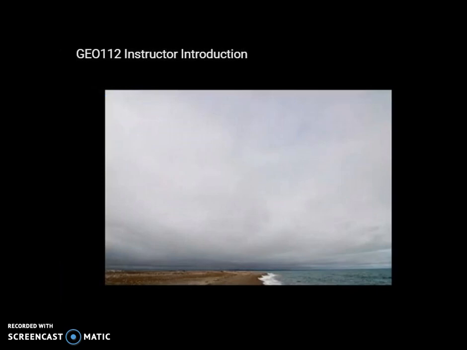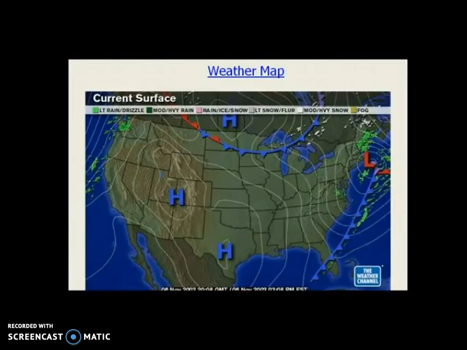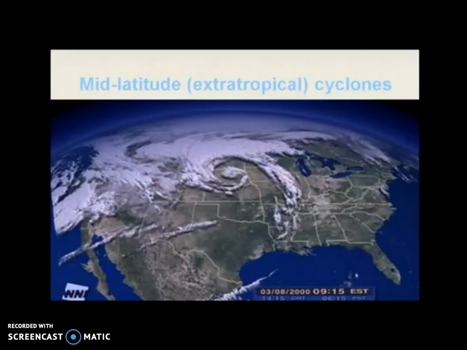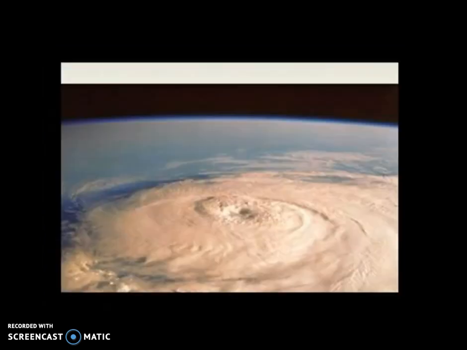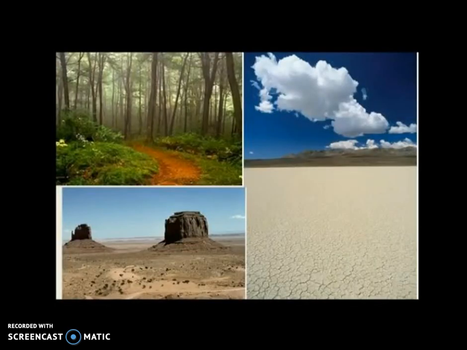So we'll discuss different temperature, pressure, wind, precipitation, and look at weather patterns and formation and movement of air masses and weather systems. We see on the weather map here. We'll see various different types of weather, such as tornadoes, violent natural hazards. We'll also discuss different types of air masses moving for hurricanes. And we can see different types of vegetation and air mass movements in all these different spheres we talked about